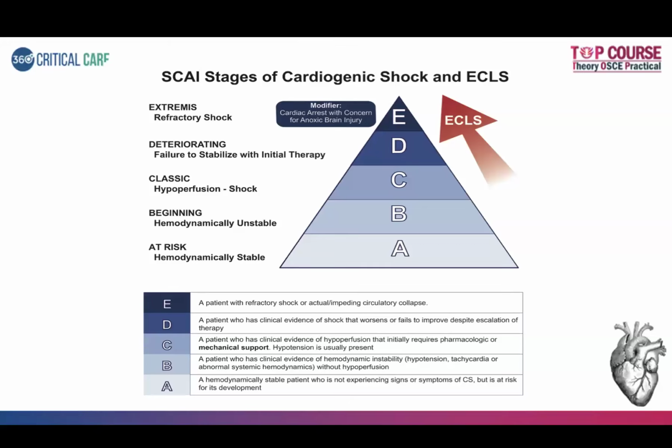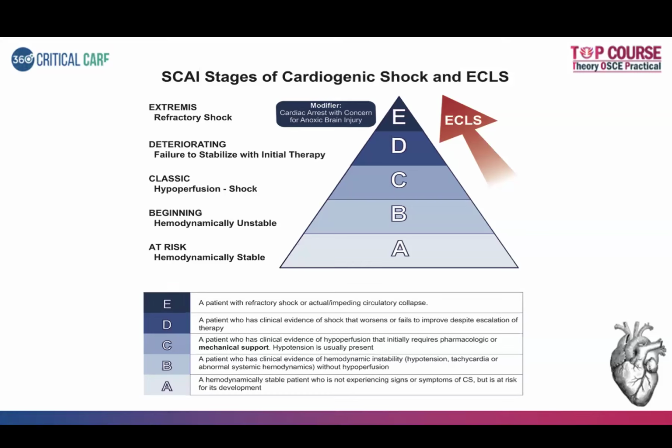So before we go into proper ECMO discussion, we need to know about the stages in cardiogenic shock. So you have the SCAI classification, that is the A, B, C, D, and E. So A is at risk, B is beginning, C is classic, D is deteriorating, and E is extremis. So E is the point where most of the time ECMO is initiated. So the concepts related to cardiogenic shock and its management, Darshan will be discussing in detail tomorrow. So I'm not going in depth, but I just want you to know that there is a classification of cardiogenic shock, that is the SCAI classification, and what are the aspects of the various alphabets,